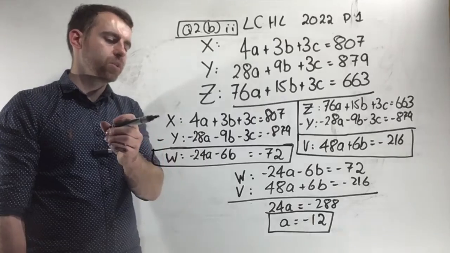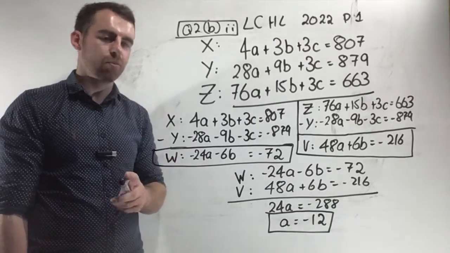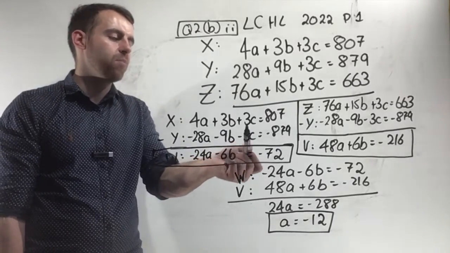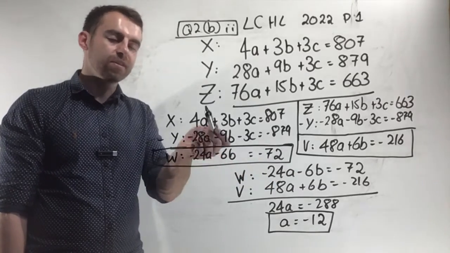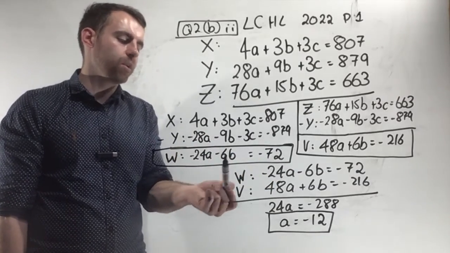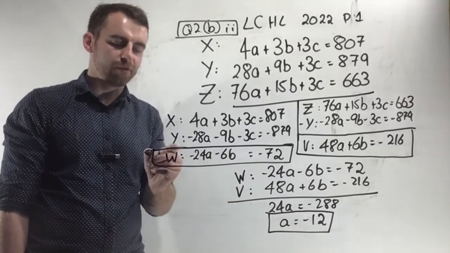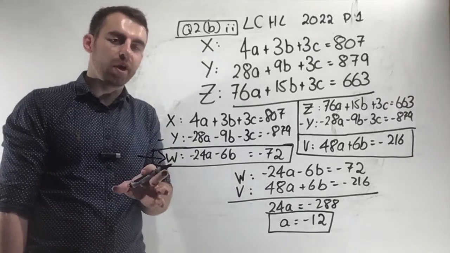What I decided to do was to take the first equation and the second equation, but change the signs of the second one. And when I did that, the second one becomes minus 28a minus 9b minus 3c equals minus 879. And when I add the 2 equations together, I get minus 24a minus 6b equals minus 72. This is my first equation that only has 2 unknowns, so I'm labeling this as a new equation,